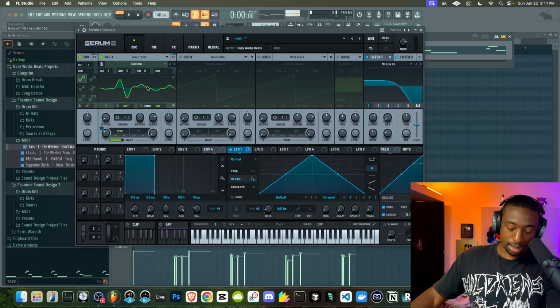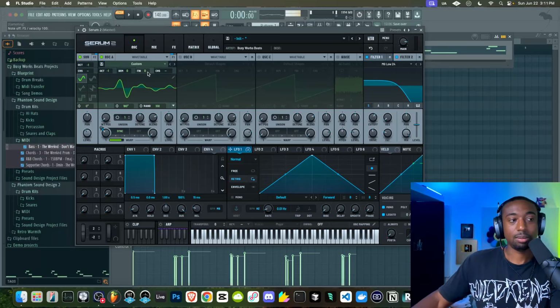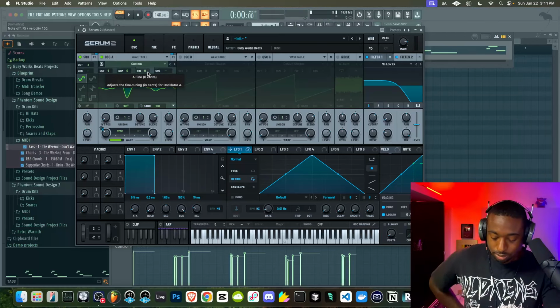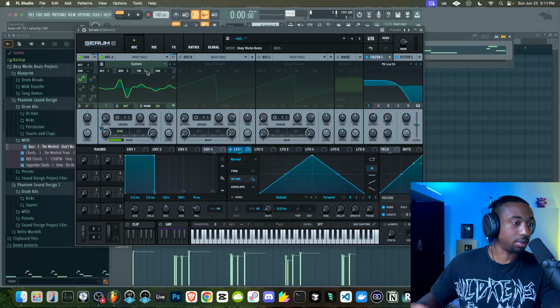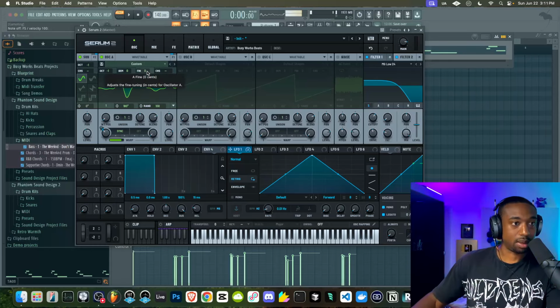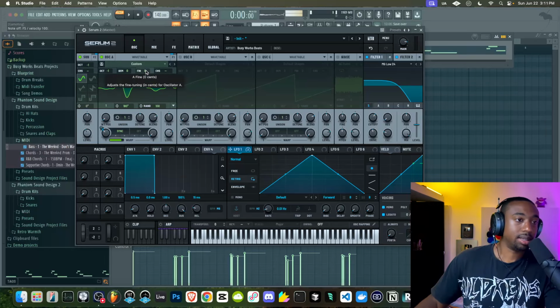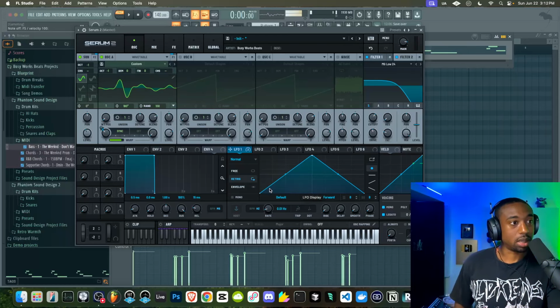Nextly, again, I showed you guys how to add the LFO to the fine tune knob, but I'm going to do a different approach. It's a little more creative. But you could add this 0.01 hertz filter over to the fine tune and just modulate it that way. But the thing is, you would have to hold the note really long in order to hear the difference, because essentially it's going so slow, it has no change, especially if you change notes a lot.